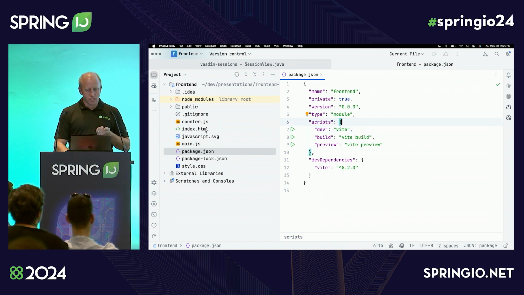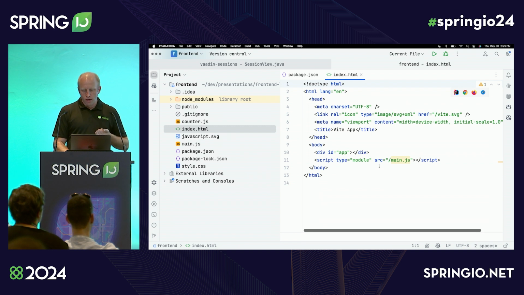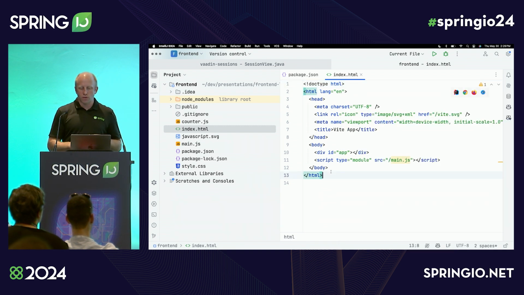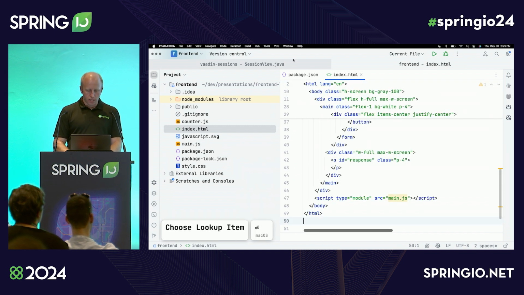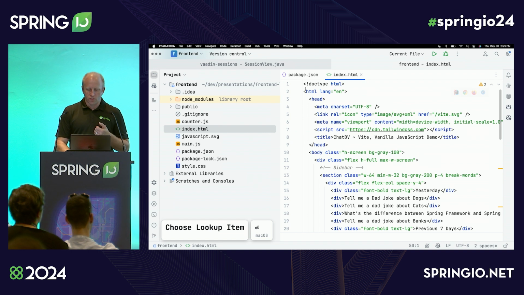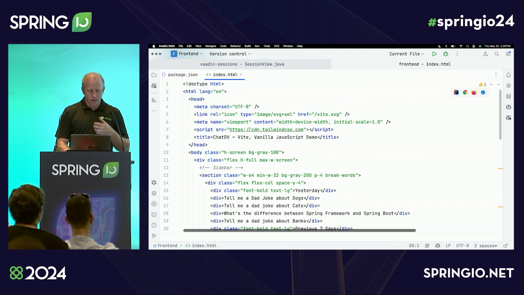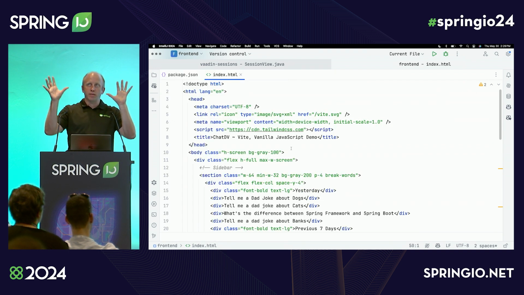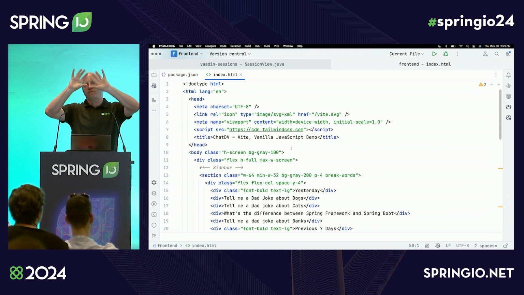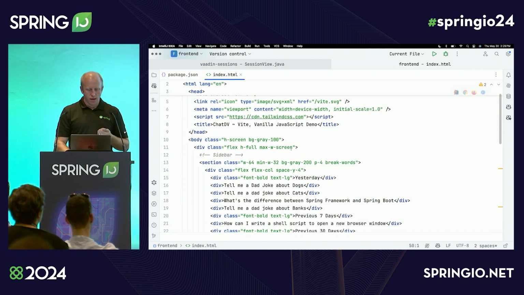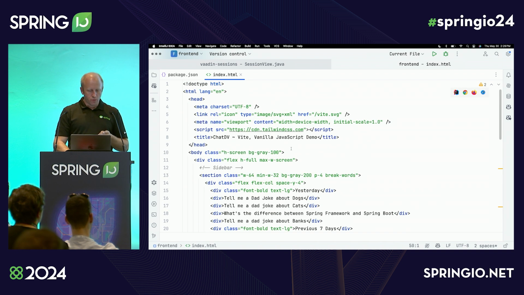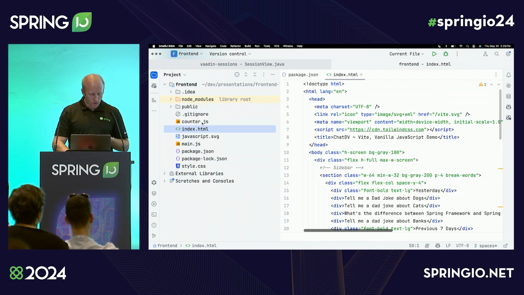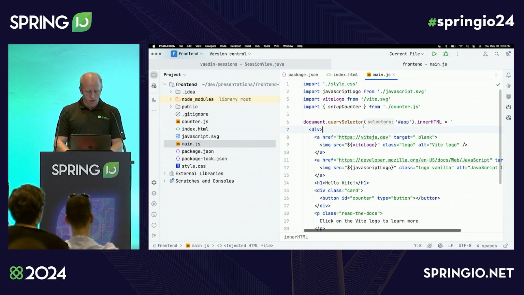This is our package.json. We have this index.html. This is using modules, so we point to a JavaScript module. And I'm going to replace this with my index.html. Again, this is just a scaffold of a ChatGPT interface where I have some things on the left side. I have a box in the middle where I can type in a query, and get something back from OpenAI. So I'm also pointing to my main.js. If I go into main.js,